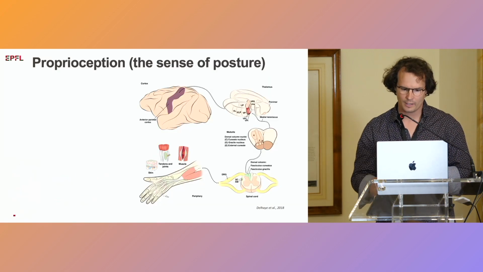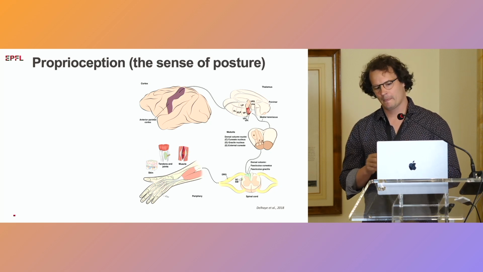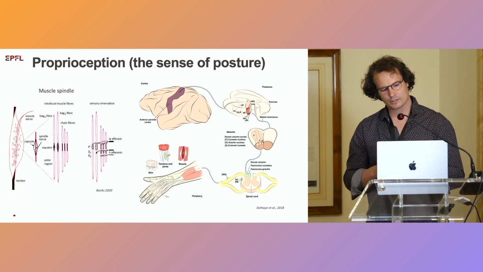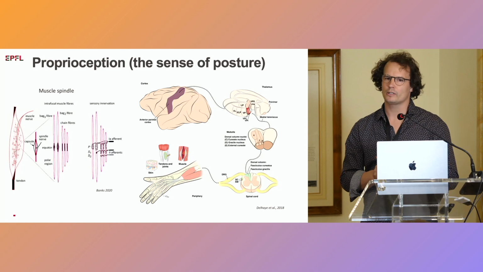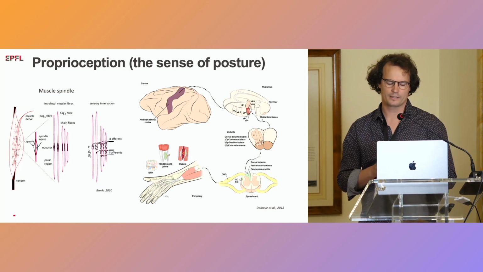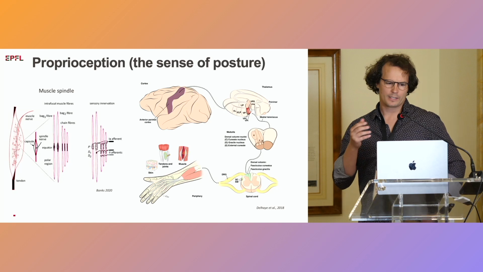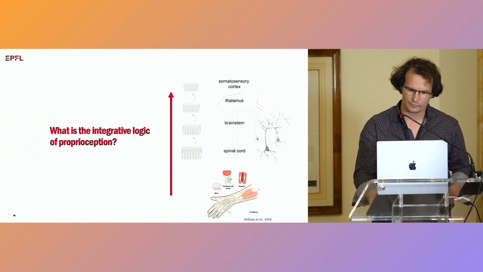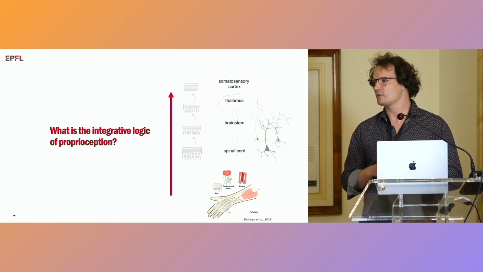So for the first part, I think everyone here knows what proprioception is. It's the sense that tells you where your body is in space, especially if you're not looking. And the interesting thing about the sense is that there are a number of receptors that are distributed in our body that tell us where our body is in space. But the most important ones are actually muscle spindles, and they sense the length and velocity and force of your different muscles that are distributed in the body. And the brain needs to make sense of that incoming information. And so the question that we were asking is, what is the integrative logic of proprioception?